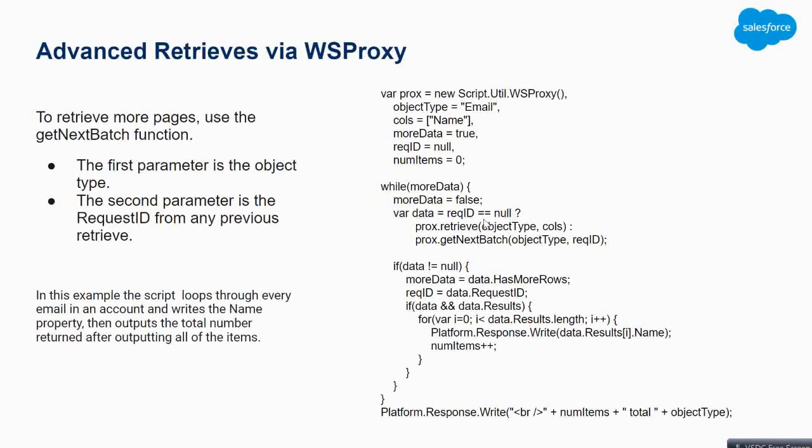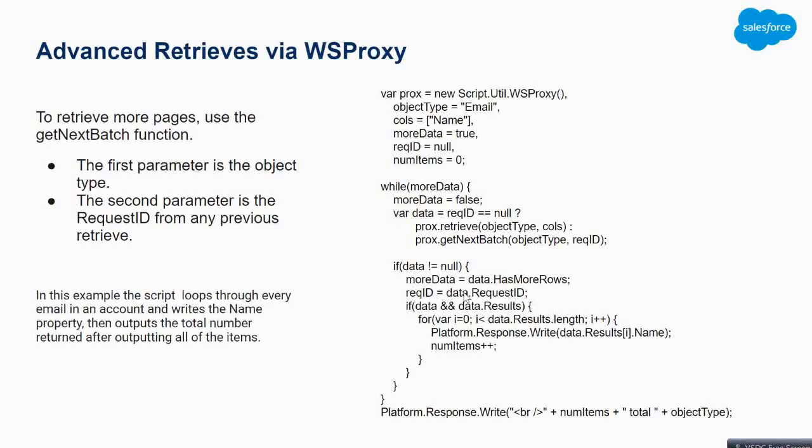Okay, because it's null. So this is a ternary operator, so you will get the proxy.retrieve and you will get the first batch of data. Now data is not null, so it will enter over here, and more data has more rows, so this will check if more data is available. This will be true, so this will be set to true and the loop will go on.